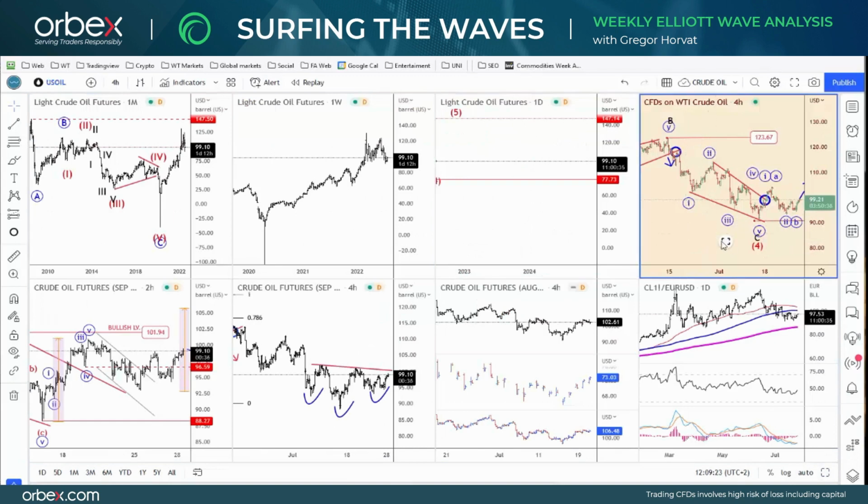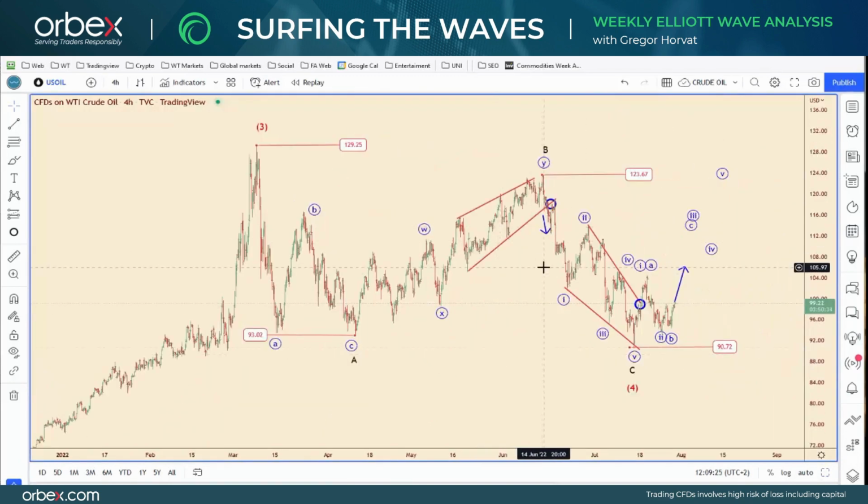If you look a little bit closely here, you can also see that this is some kind of a wedge pattern, very similar to the one that we have seen here back in June, but in the opposite direction. So this triggered a lot of bears here, and maybe something on the opposite side could be the case now as well. So that was a first break higher. Now we are consolidating and looking for a wave C, wave 3 recovery.